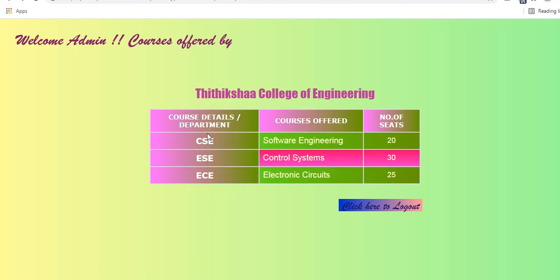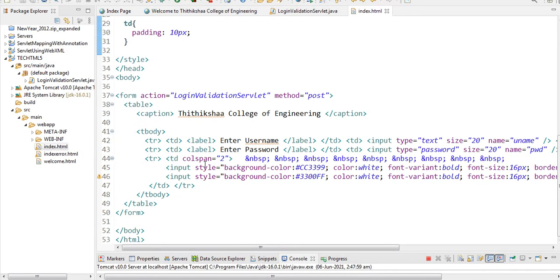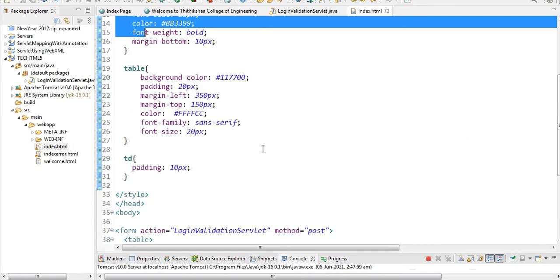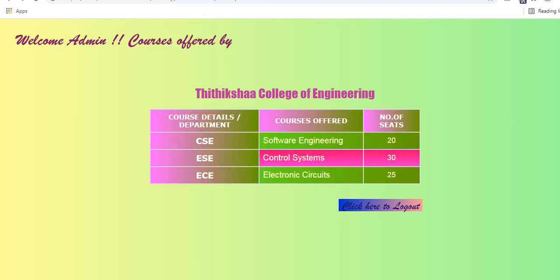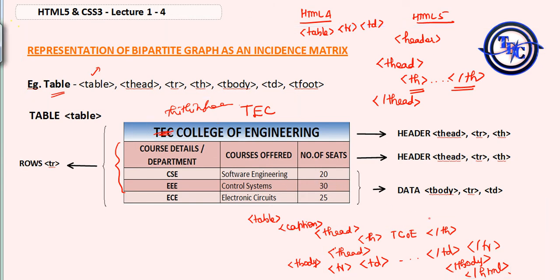Similarly, this is table, from here to here table. It's taking a long time, so I'll explain this one. Finally, after this t body, you have to close the table also. This is how you should write it.